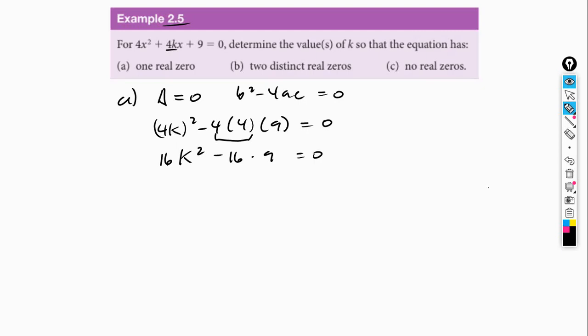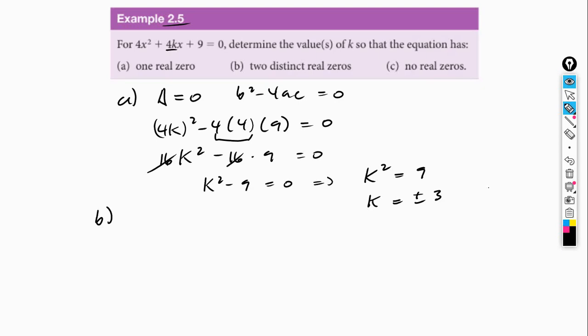But then I can cancel out this and this, and I end up with k squared minus 9 equals 0. Therefore, k squared equals 9, and then k can equal plus minus 3. So that means that k can either be positive 3 or negative 3, and we're going to get that the equation will have one real zero. Now for B,